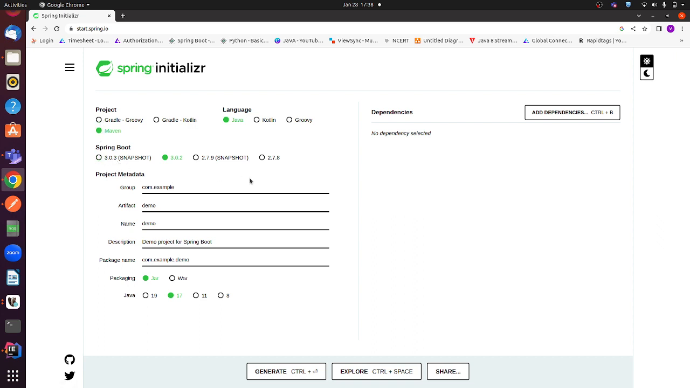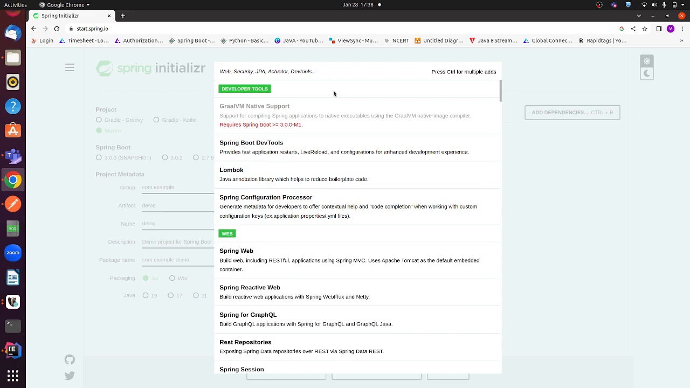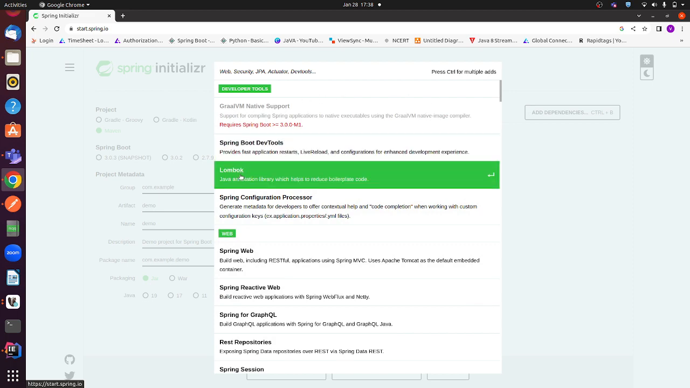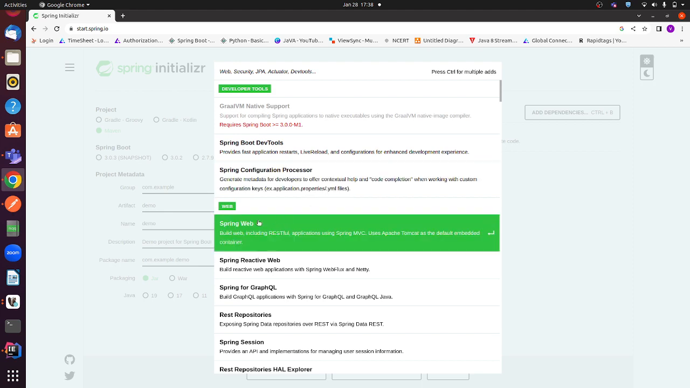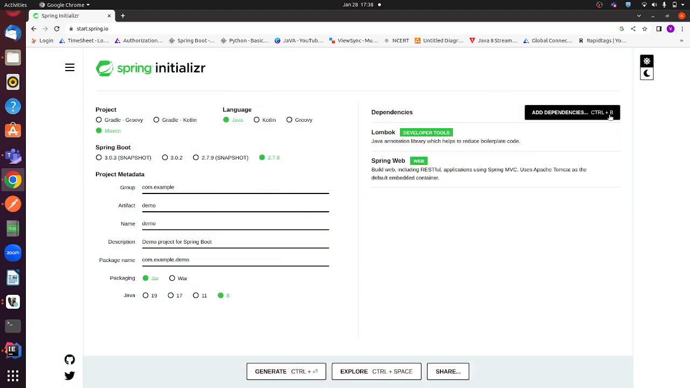For the Spring Boot version, you can select this one, for Java 8. So here you can select Java 8 and packaging jar. Okay, so now how to create it, just go to this. Lombok, no need to write getters and setters, just use this, and Spring Web